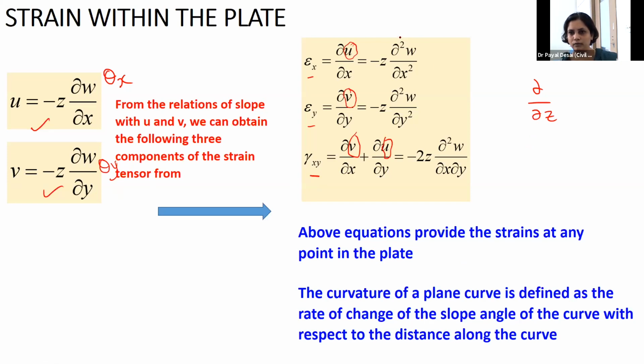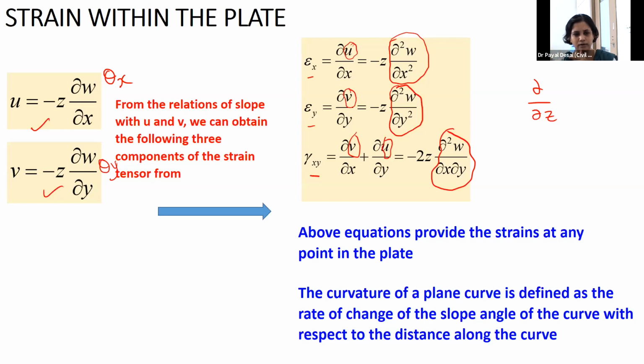But what is this quantity? From the observation, you may see here that there are three quantities which we are getting. This is the derivative of the rate of change of the displacement, double differentiation. So it is the derivative of the rate of change of the slope, and we may define this as a curvature. It is very important, when we are learning beam also, that we need to know the curvature. That is how we can define the curvature.